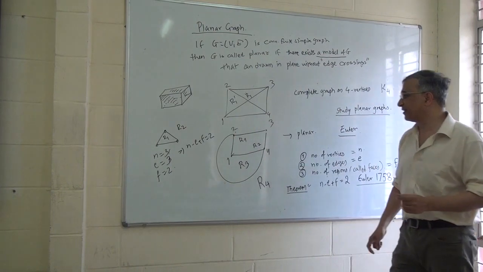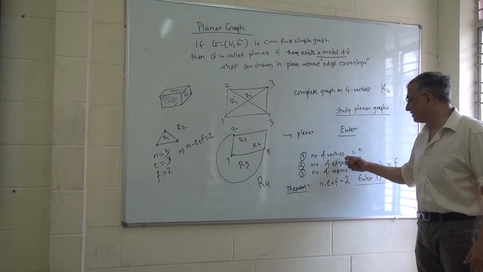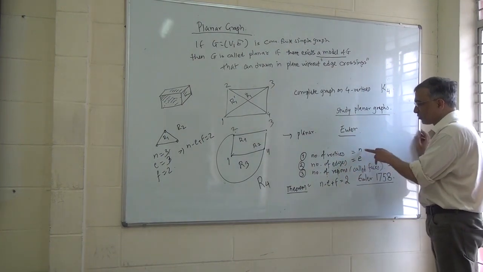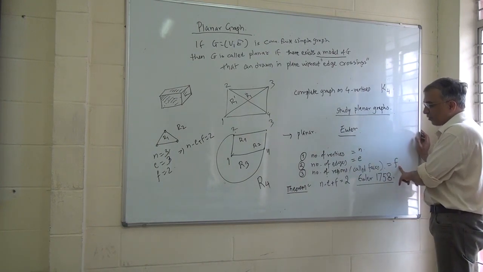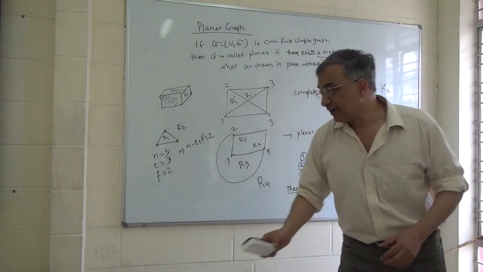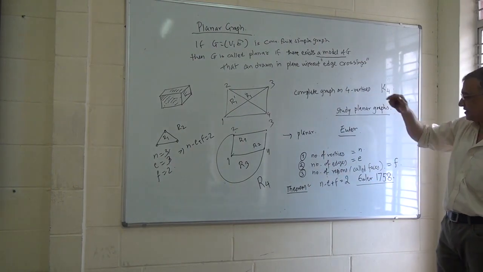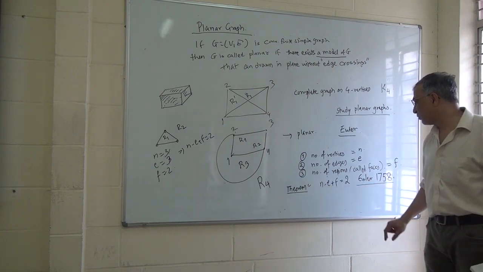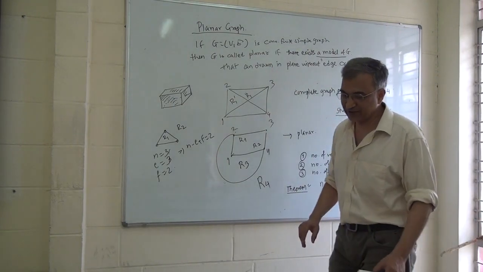The moment you have one planar drawing, we can associate three invariants. Again you have to check that these numbers are independent of isomorphism, so they are well defined, nice numbers mathematically. Of course the number of vertices and the number of edges are well defined, but the number of faces or regions is also well defined. And given such a planar graph, these n, e, f completely depend on the graph G. When you take the alternating sum n minus e plus f, you get a global constant, which is 2. This is the famous theorem of Euler. That is what we do.